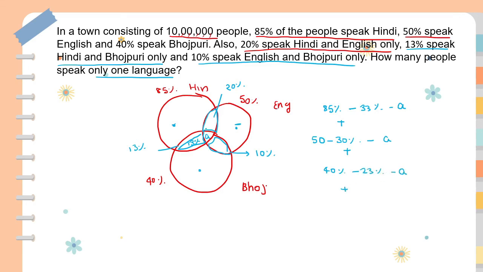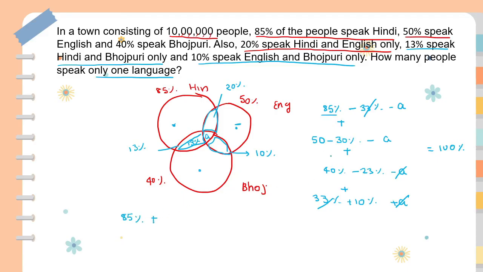Okay, and finally we will add this area, so it will be equal to 33% plus 10%. Okay, and plus A, so the whole will constitute 100%. So A will balance A, plus 33% will balance 33%, and is there any 10% here? No, there is no 10%, so add all this, so 85%